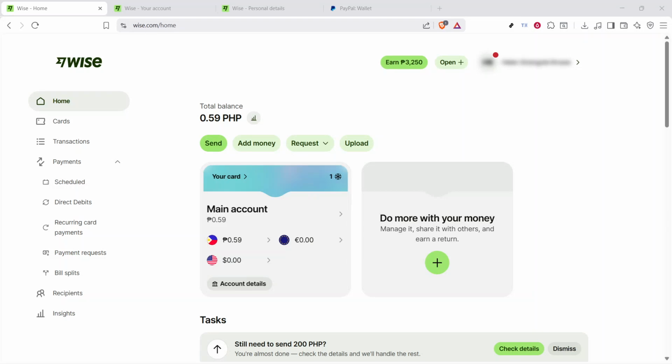In today's video, I'm going to teach you how to change address on Wise. If you need to update the address on your Wise account, the process is straightforward and only takes a moment once you know where to look. Keeping your address up to date is important, especially if Wise uses that information for account verification, statements, or important